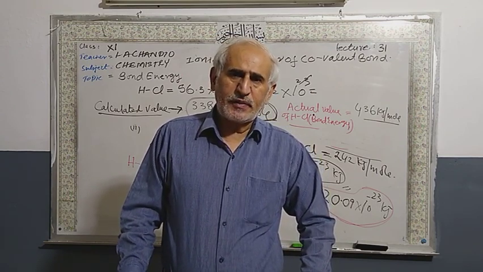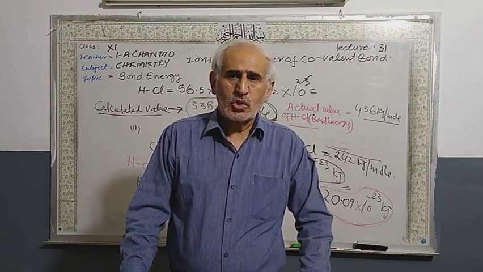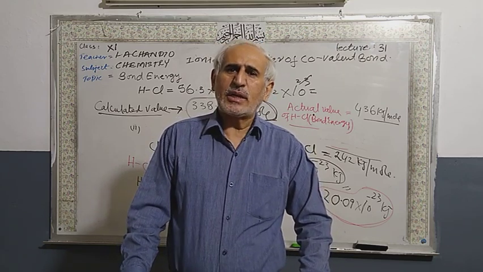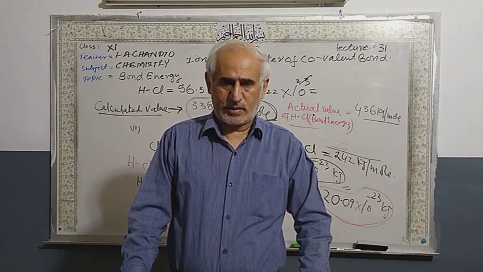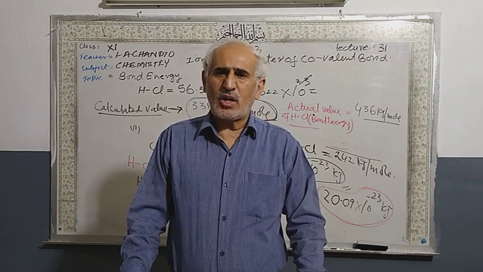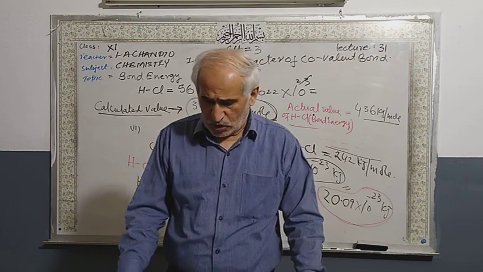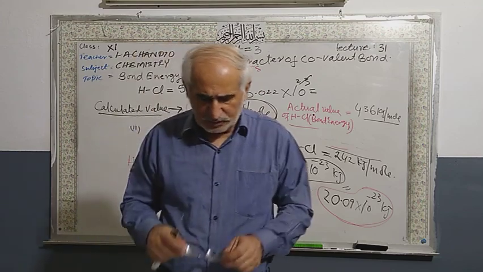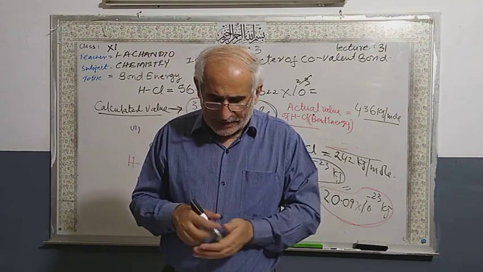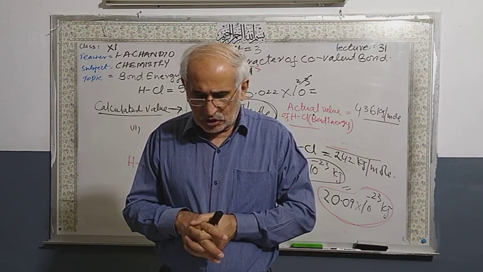The difference of electronegativity is very small indeed. And hydrogen fluoride has the highest ionic character among the hydrogen halides. So dear students, this was a calculation, and there is one table comparing the experimental and theoretical